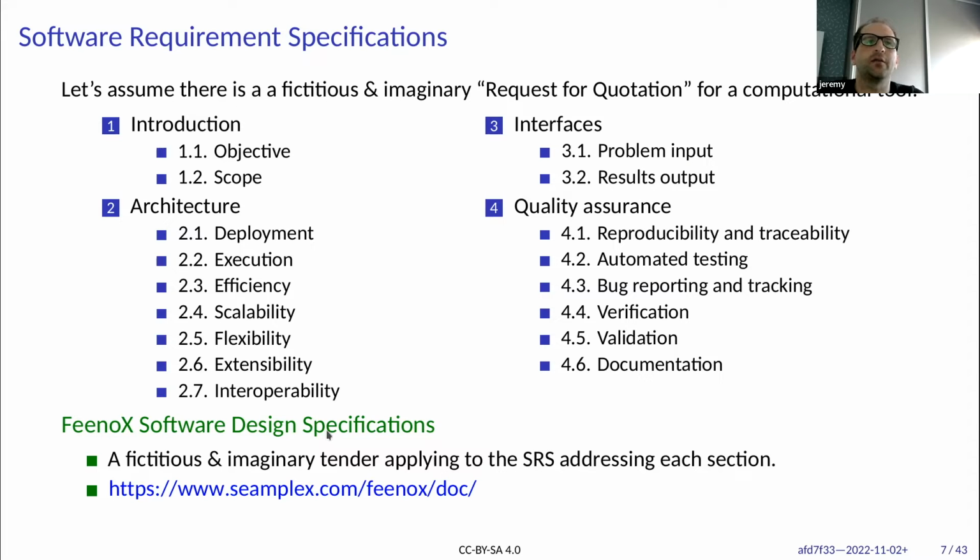And in the green part, it will be like the software design specification, that will be like the quotation, and how FeenoX is going to fulfill all these requirements. So in the next slides, on the left, we will have the requirements, and on the right, the proposal that